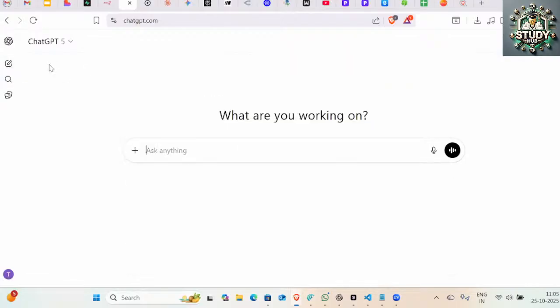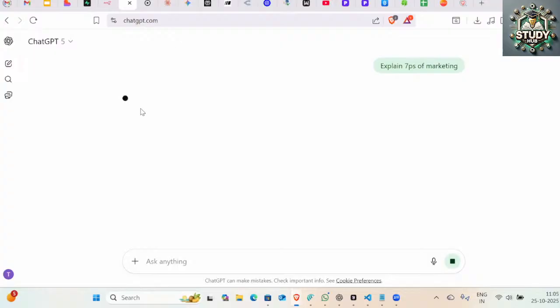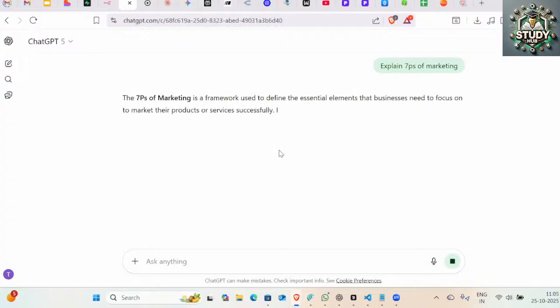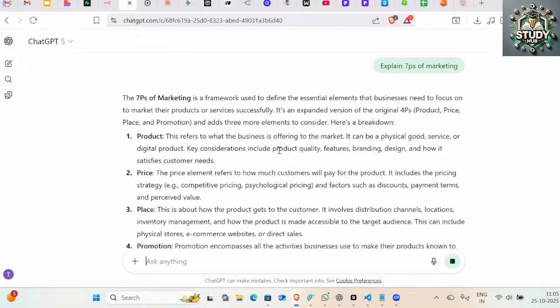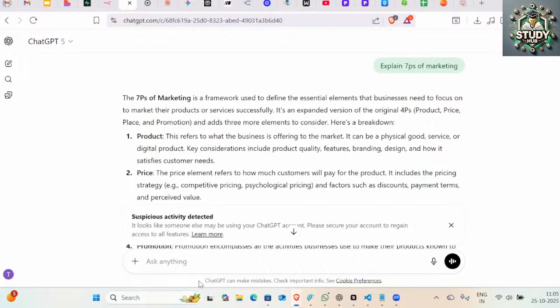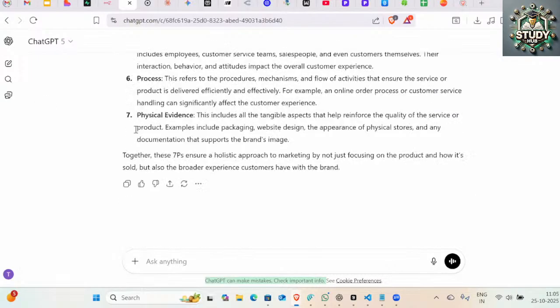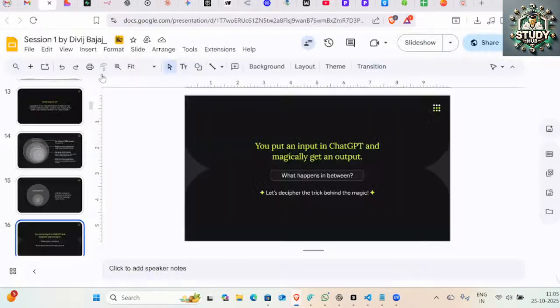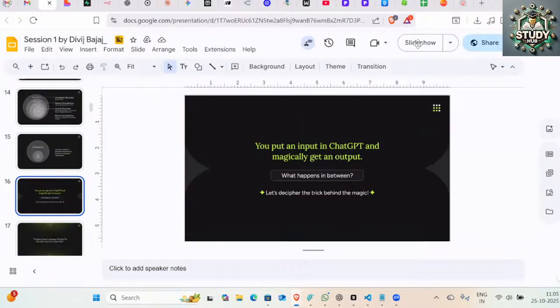We all have been using ChatGPT for quite a long time now, so we know that whatever we ask, it gives me the correct response 99% of the time. I will take 1% that it can make mistakes. Even ChatGPT mentions that, every LLM mentions that it can make mistakes, so 99% of the time it gives me a correct answer. Now let's see what is happening in the backend of this particular tool.